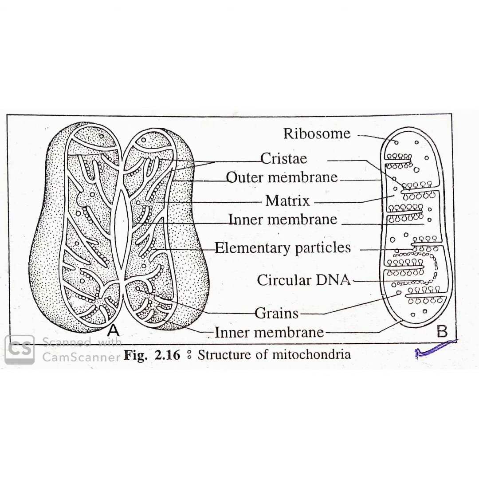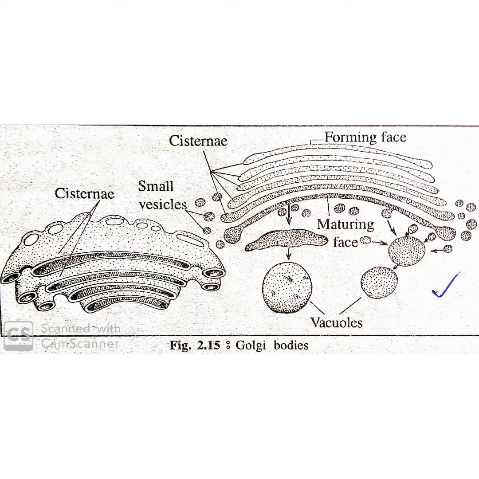The cell organelle occurring near the nucleus and associated with the secretory activity of a cell is known as Golgi body or Golgi apparatus or Golgi complex. It was discovered by Camillo Golgi in 1898. The major components of a Golgi body are cisternae, vesicles and vacuoles. The narrow flat membranous structures are called cisternae. The small membranous spherical structures are known as vesicles and the large membranous spherical bodies as vacuoles.